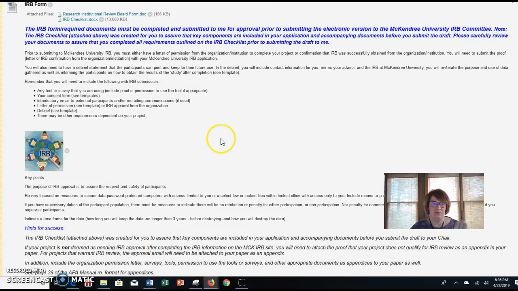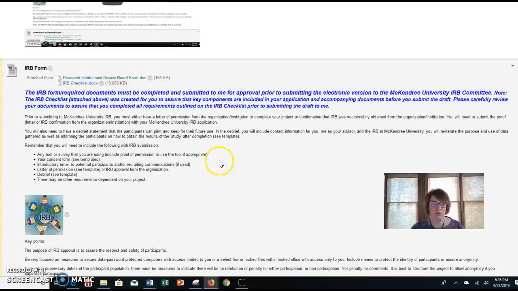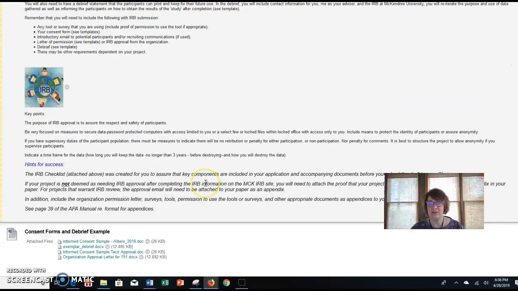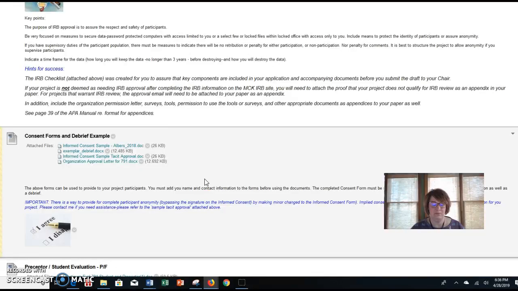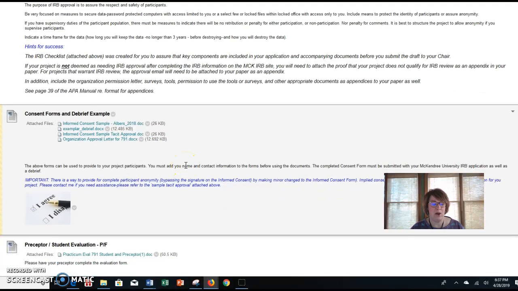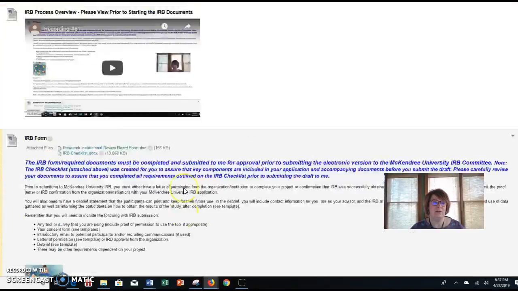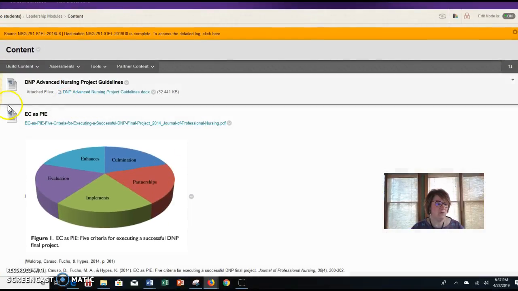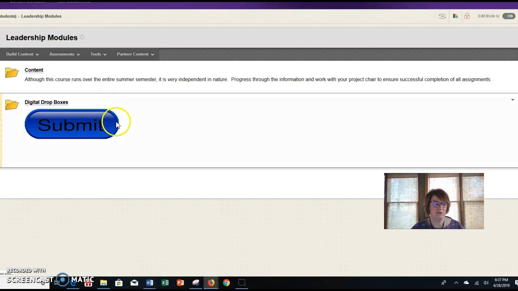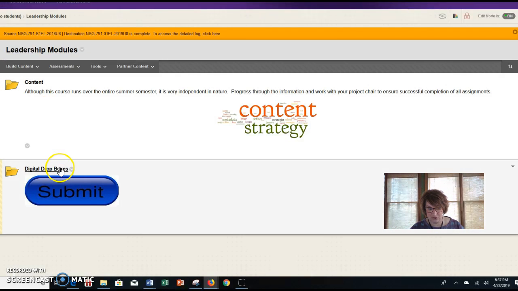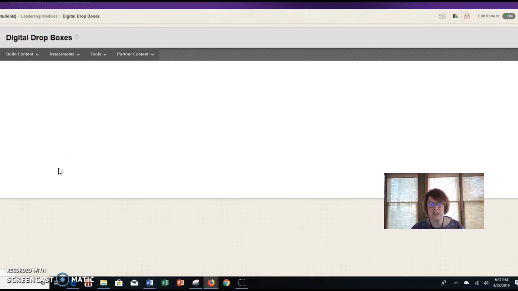Along with the two forms, we need to be sure that you include all of your other documents when you do submit, so you will be submitting attachments, and that's listed here and it's detailed in the video on the IRB process. And there are also templates for you, and this will help you as well as some of the forms that you have. Then when we go ahead and go back into the digital drop boxes, each and every component of the course that is due